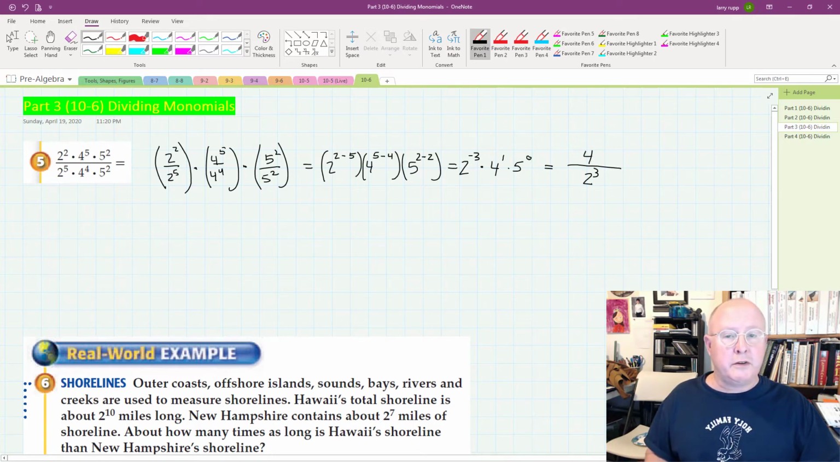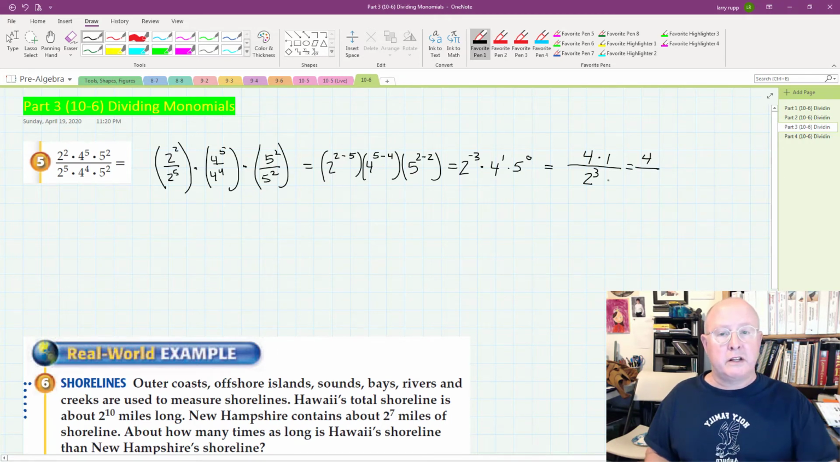What's this 5 to the 0 power? What number is that? 1. Anything raised to the 0 power is 1. 100 million billion Googleplex raised to 0 power is 1. Period. That's it. So what we have here then is 4 times 1 is 4 over,